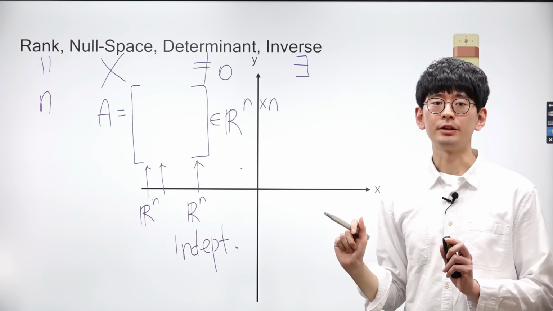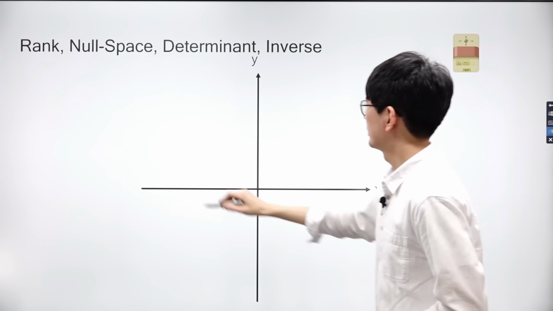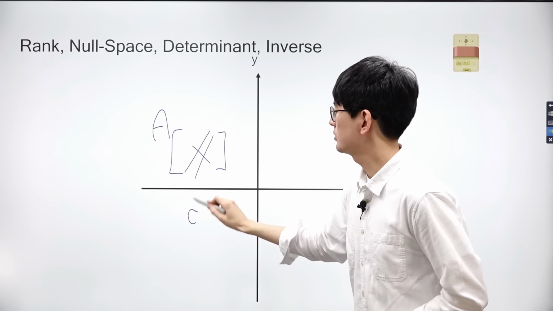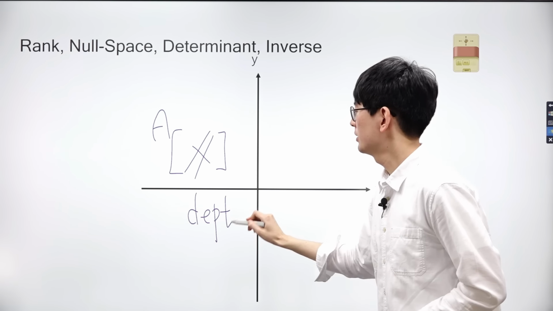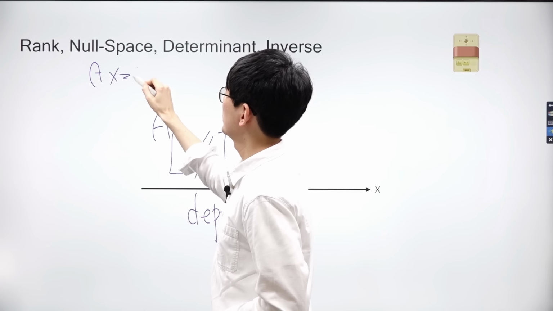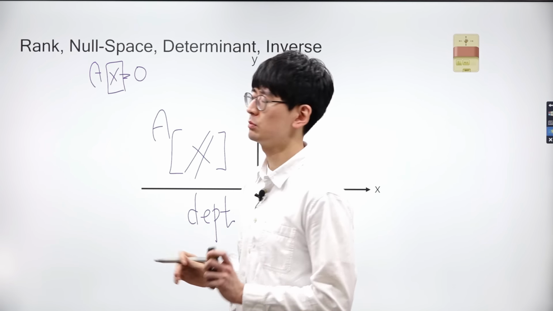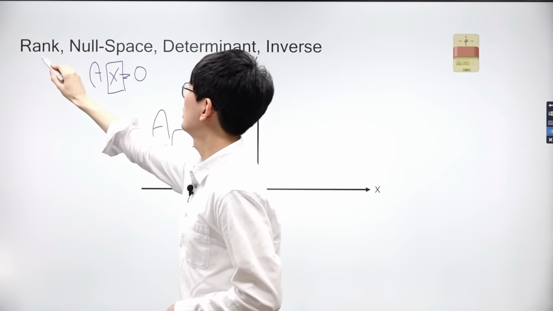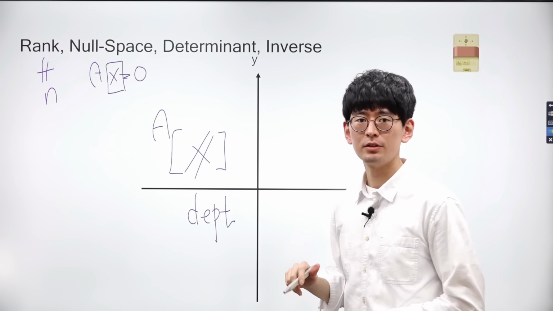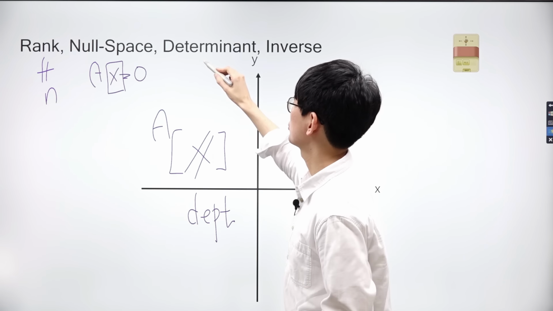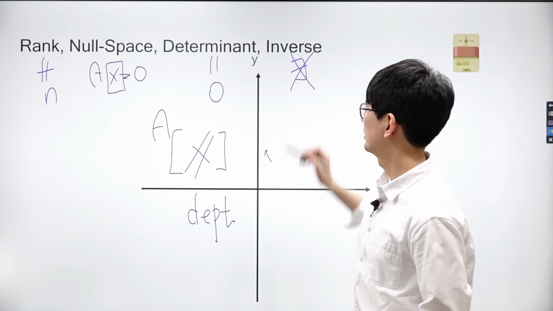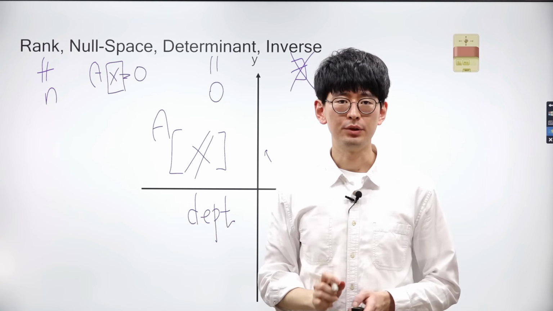Let's consider another matrix A composed of n vectors. If at least one pair of vectors within the matrix is linearly dependent, then the following properties hold. There exists a null space that cannot be spanned by the vectors, meaning there exists a vector x such that Ax equals 0. Moreover, the rank of the matrix is equal to the number of the vectors within the matrix that are linearly independent, and it is less than n. Consequently, the determinant of the matrix is 0. And lastly, the inverse of the matrix does not exist.